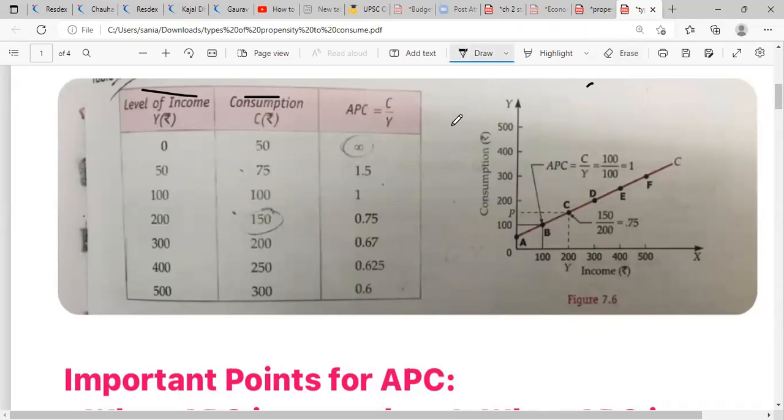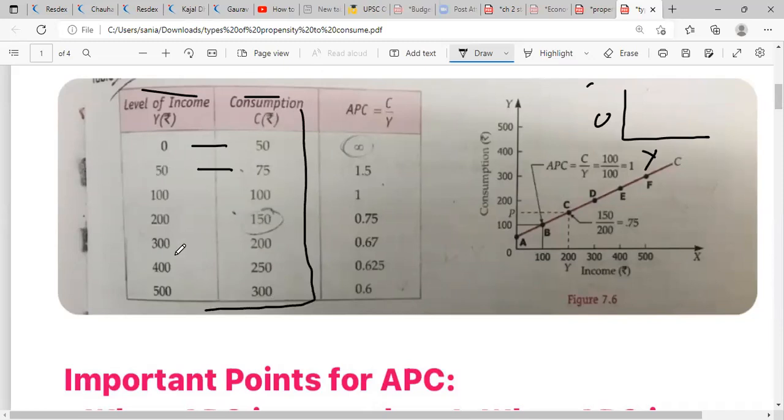Okay. Now I hope you have your pencil and eraser with you, right? So you will draw the graph. This one will be your income and this one will be your consumption. So you have to draw the graph using these two only. This will be your x-axis and this will be your y-axis. Let's draw. Once done, let me know.